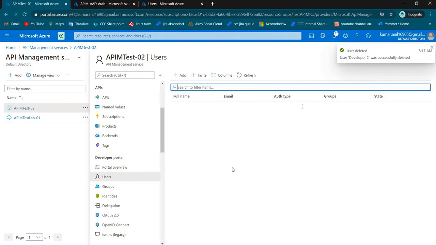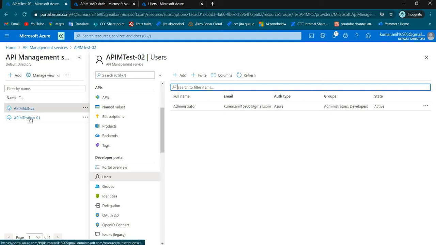I'm going to remove the entire setup we have given for Azure AD authentication with the API, and this should still work. Let me go to the identities. I have removed all the user IDs before doing this. In my case only one ID is there, but in real time there will be hundreds of users which you have to take care of very properly.